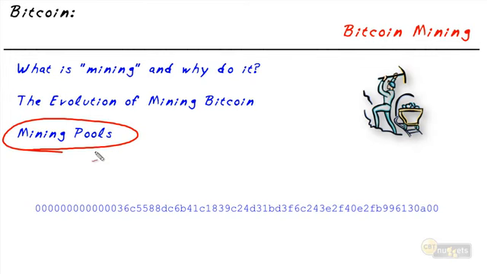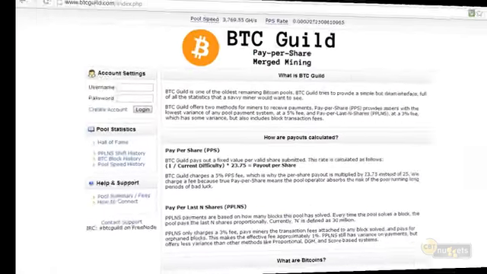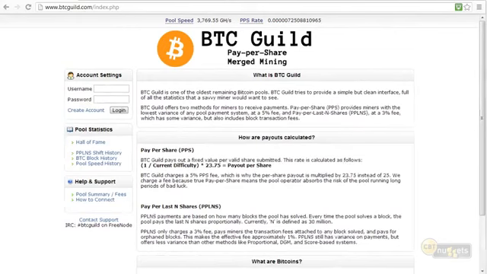And there's different ways of being paid, and I wanted to introduce you to some of those concepts. So let's take a look together at a couple of different ways we could join a mining pool. There's lots of mining pools out there. One of the ones that I've heard high things about is btcguild.com. And with BTC Guild, there's a couple of different ways that you could elect to be paid. One is pay per share. So you bring your mining rigs, you associate yourself with this mining pool, they give you blocks.